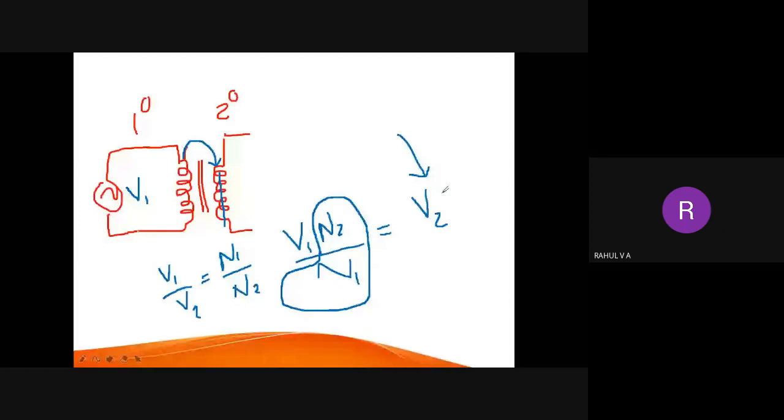Okay. So what happens is when you are giving a supply to this primary winding, a time varying magnetic field or flux lines are created. These flux lines will flow to the secondary. Since it is time varying and this conductor is fixed, it will induce voltage in the secondary winding. So you will be getting output at the secondary winding.